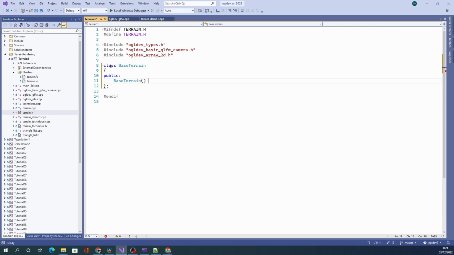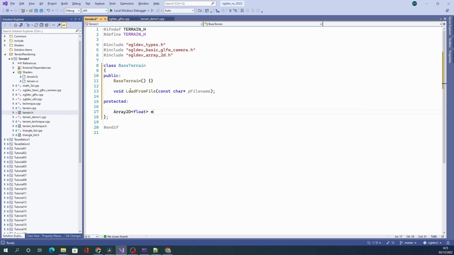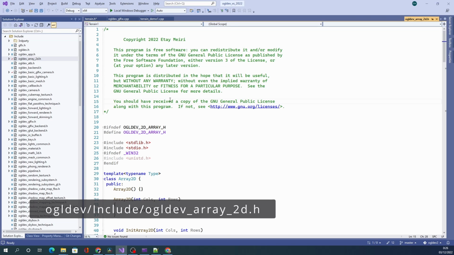Right now this class has an empty constructor and we need a function to load the Heightmap from a file. We're going to add a protected attribute for the Heightmap itself, and for that I'm using a utility class called Array2D, which I've already created. This is a very simple wrapper for a buffer of memory, and it provides access to it as a two-dimensional